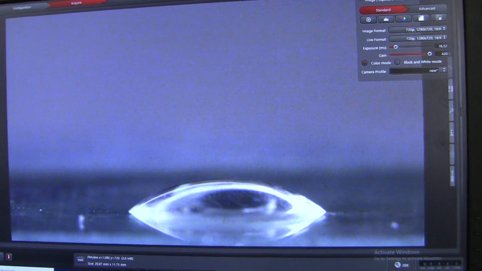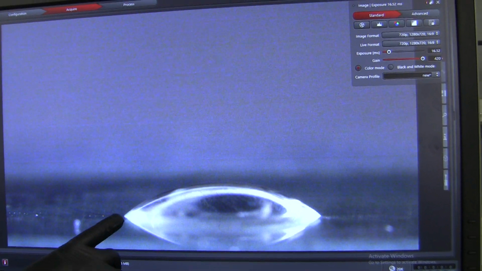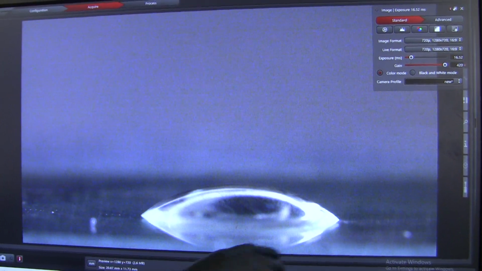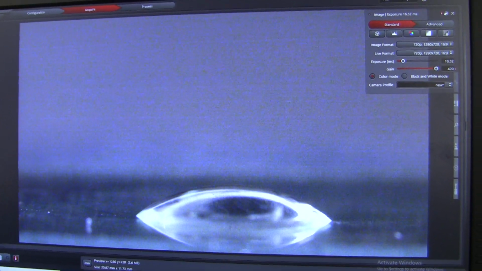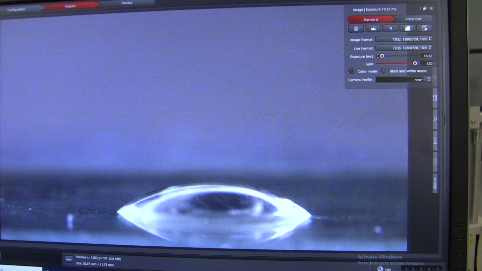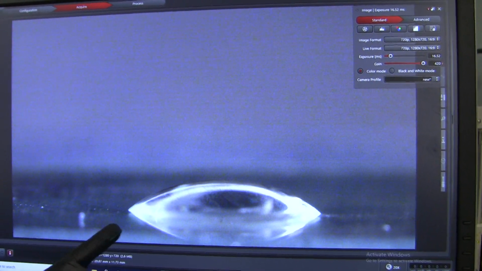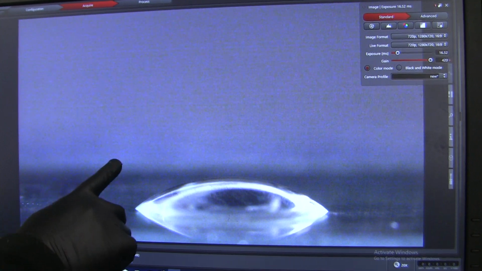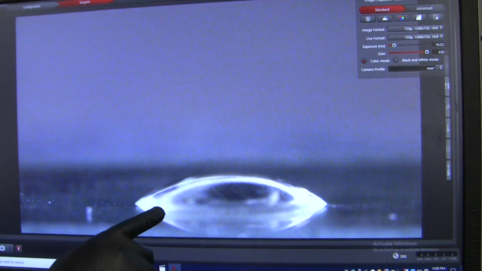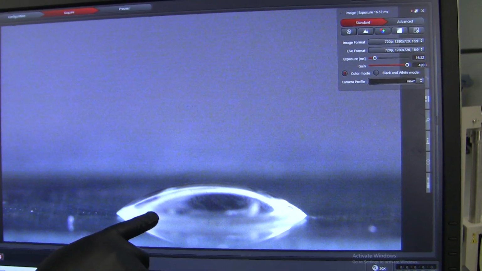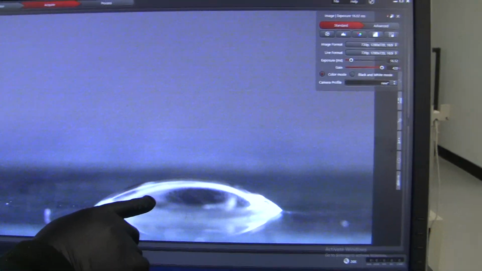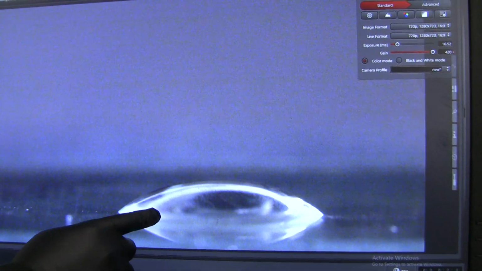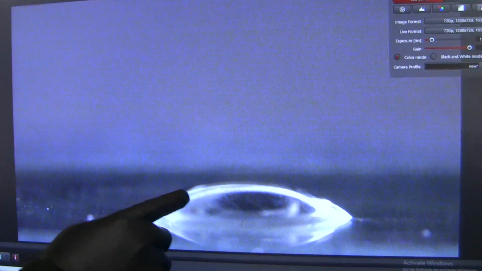So this here is the contact angle between the droplet and the glass slide, and then this is the reflection. The way to measure contact angle is to measure the angle between the two phases. So the phase here is water, the other phase is air. We are gonna measure the contact angle between these phases, but through the denser phase. The denser phase in this case would be the water. So we are gonna measure the contact angle like that.